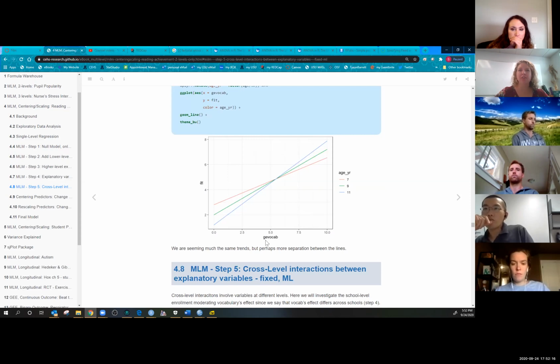How would you describe the relationship between vocab and reading? The better vocab that somebody has, the better they are at reading. Yes, perfect. It's a positive association. Higher vocab goes with higher reading, lower vocab goes with lower reading. But that is moderated by